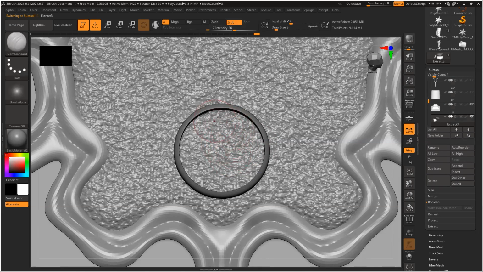BDS DAM standard, just to push this thing inside. That's it, because we already have that flat surface there.